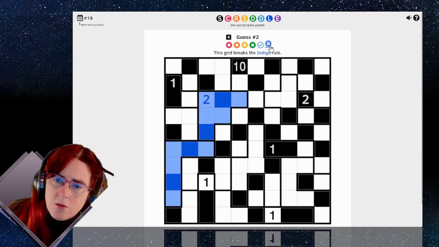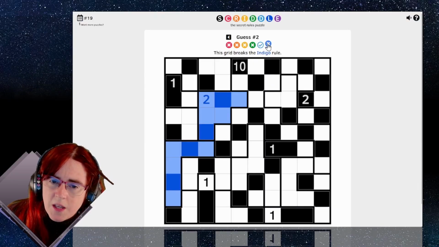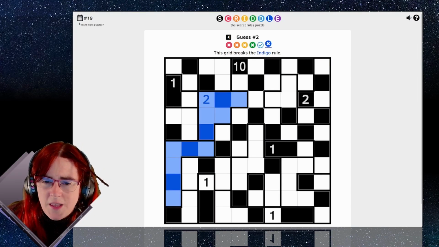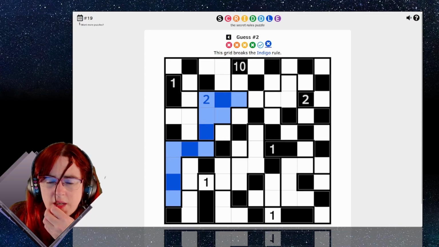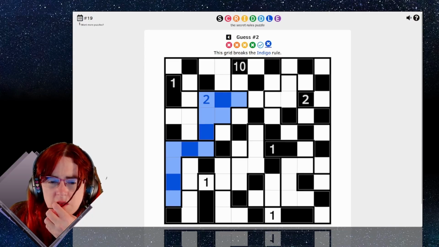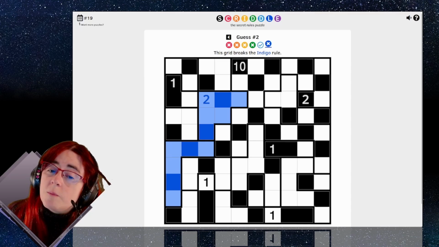Oh, wait a minute. No, the integral rule can't just be that, because all of the ones where we shaded a single cell would be a repeated pattern by that logic. Okay, what else do these do that is? Oh, it could be no